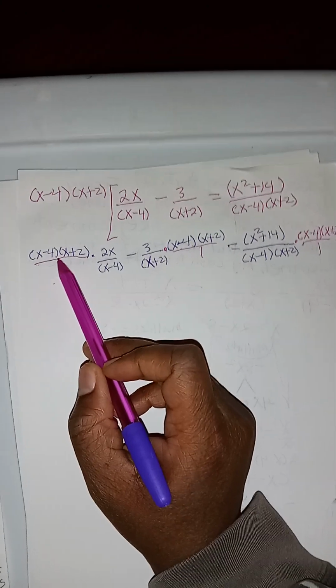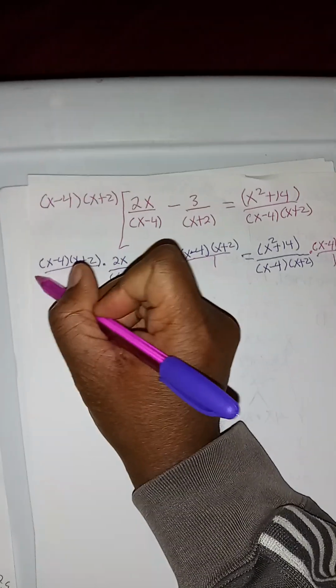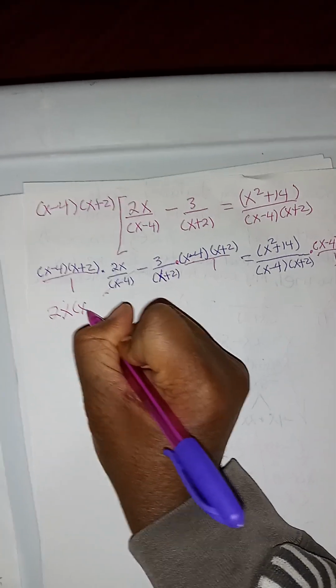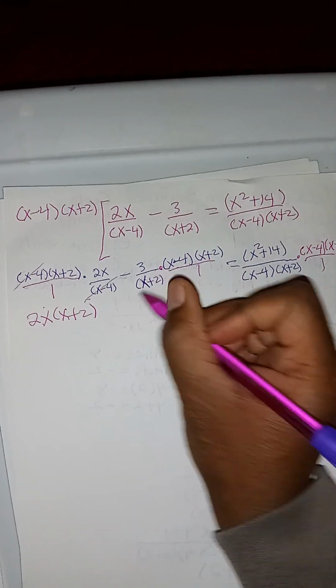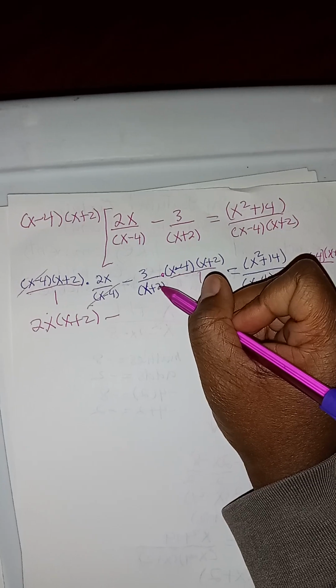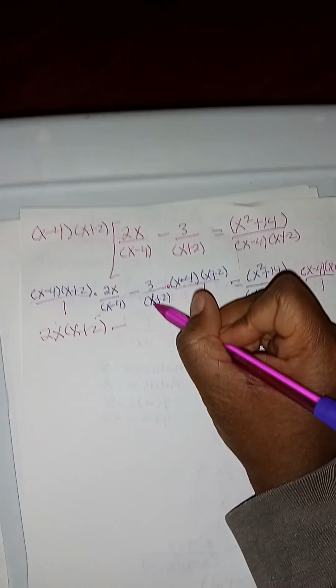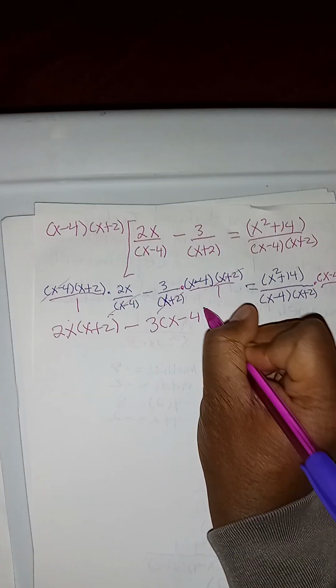So now we can begin the cancellation process. So in the numerator here, we have an x minus 4, and it also appears in the denominator, so that can be canceled out. So we're left with 2x times x plus 2, and then minus, and then 3 divided by x plus 2 times x minus 4 times x plus 2. They both have an x plus 2 in the numerator and denominator, so the x plus 2 can cancel out. So minus 3 times x minus 4